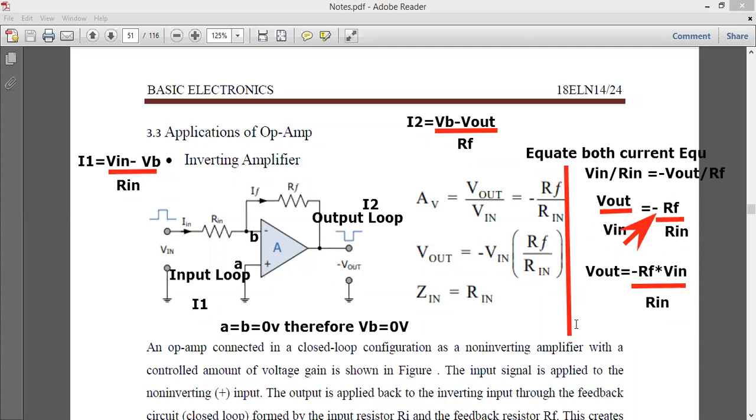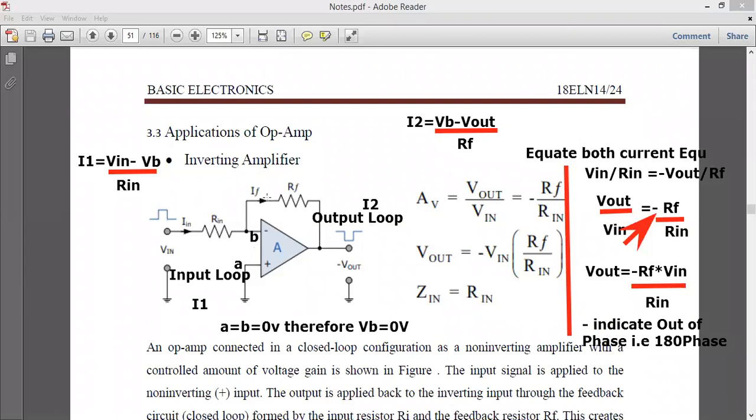And this minus sign indicates out of phase, that is 180 degree phase. इसीलिए ये माइनस का मतलब होता है आप जो इनपुट अप्लाई कर रहे हैं वो आपका उल्टा आएगा. That is nothing but it will come in the reverse manner.